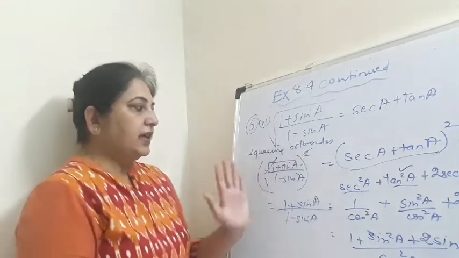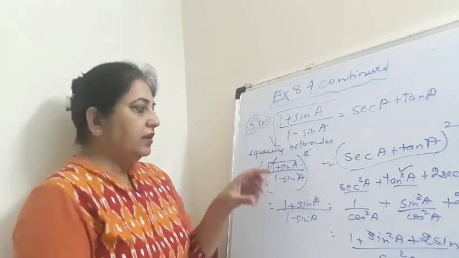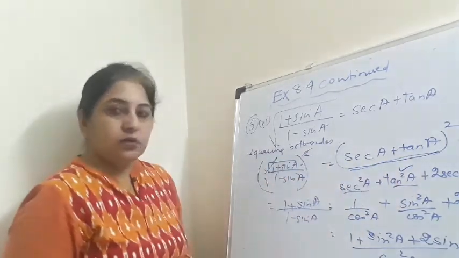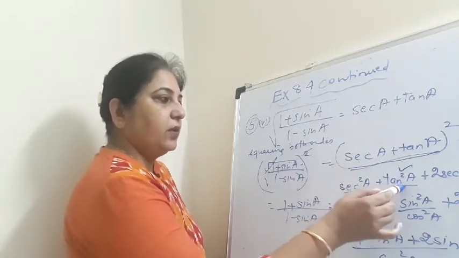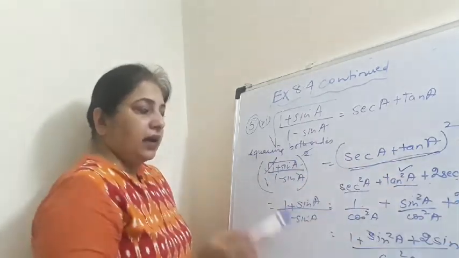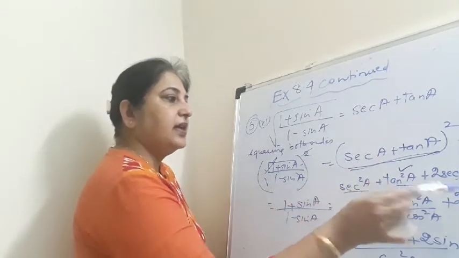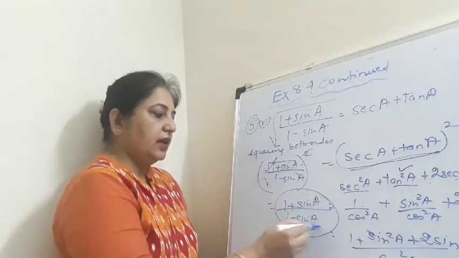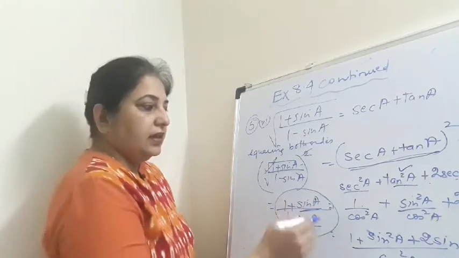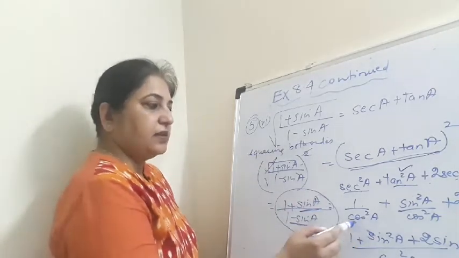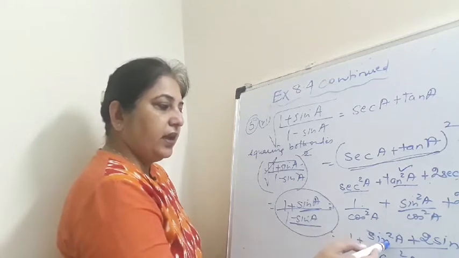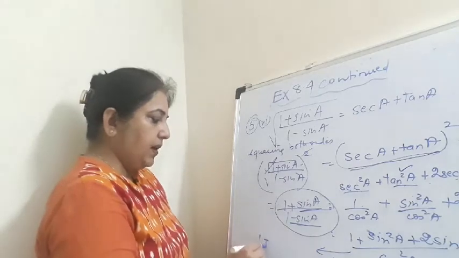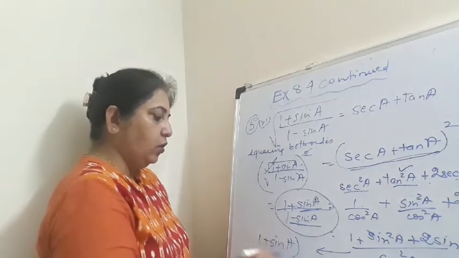Okay, so you can listen to me once again. I'll square both the sides to remove this root sign, and here I cancel the root sign with the square, and I start using the identity (A plus B) the whole square, which gives me sec square A plus tan square A plus 2 sec A tan A. Now I convert sec square, tan square and sec A tan A in terms of sine and cos. Why? Because on the left side I want the answer in terms of sine A. Then when I take the LCM as cos square A, I get 1 plus sine square A plus 2 sine A, which I can write as 1 plus sine A the whole square.